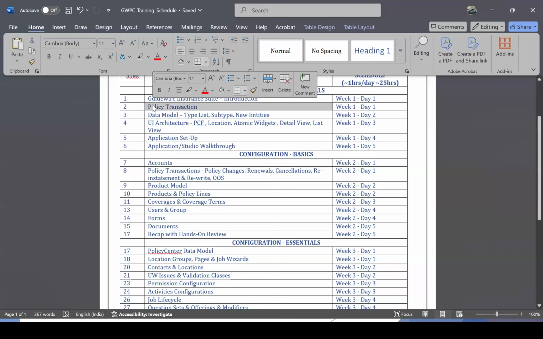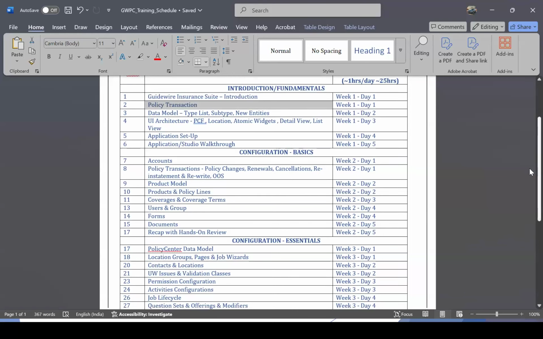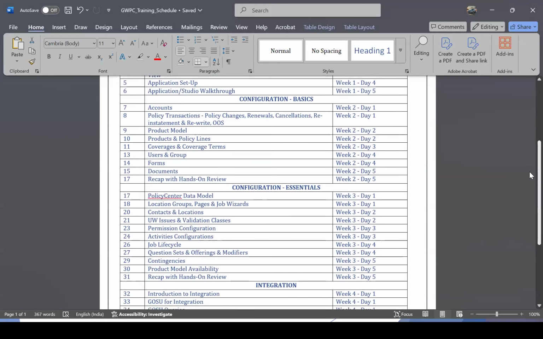So the key concept or the heart of Guidewire is these two topics: data model and UI architecture. We will be covering that also below, but these are very fundamental things which will be covered in the very first week, right? Then second and third week is about the configuration basics. It's not like you are learning any other new language. Learning Python or learning Java is not the same as